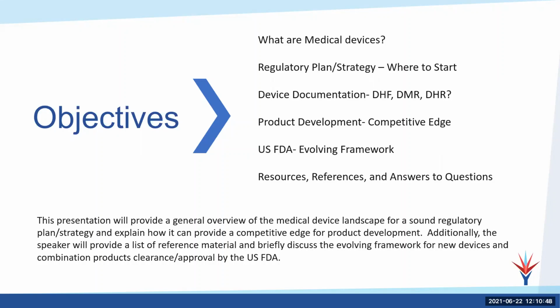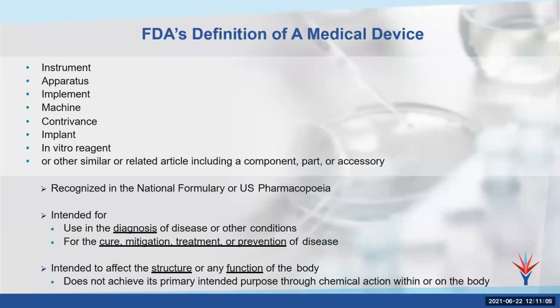There's just a lot of information. So we're going to try to hit the highlights. There's a lot of words on the slides. They'll be made available to you. And hopefully that will help find the fine balance between taking up too much of your valuable time and getting you the information that you need. Next slide. So first of all, just defining what the FDA calls a medical device is something that is uniquely